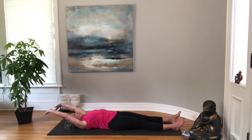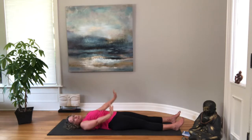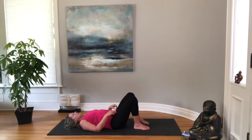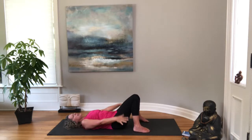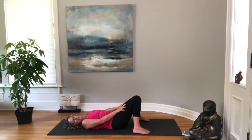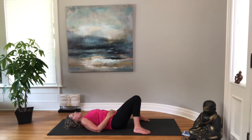Beautiful. Let's let the arms float down to the mat. We'll bend the knees and just come into this nice comfortable pose. You can take your feet out to the edges of the mat and let your knees relax in on each other. We'll place our hands onto our lower belly, getting your spine nice and long and taking this opportunity to arrive. So you can close your eyes,